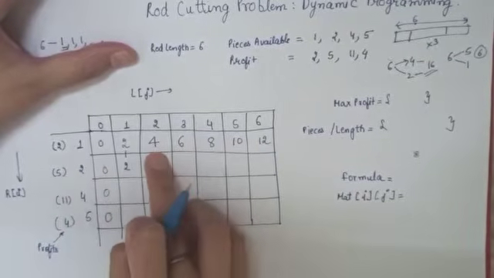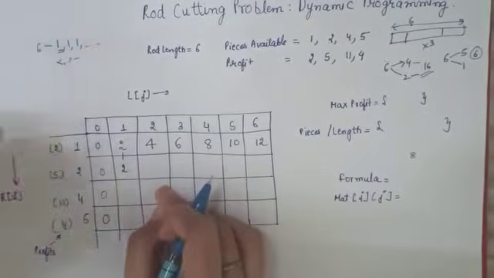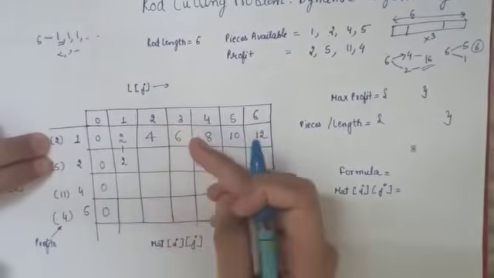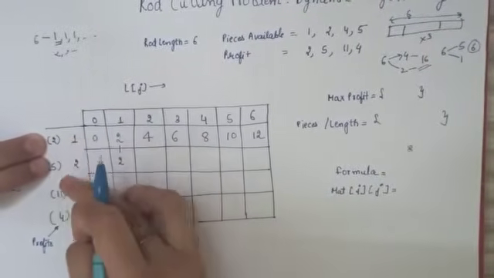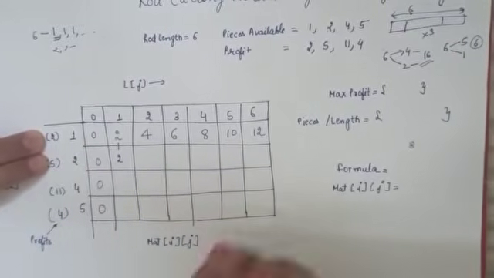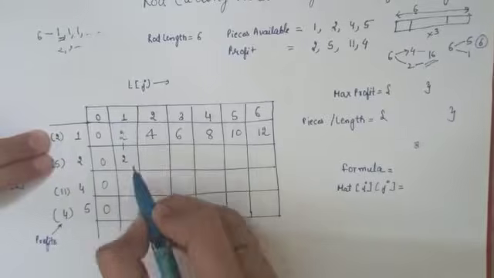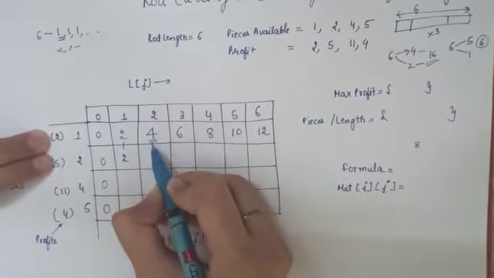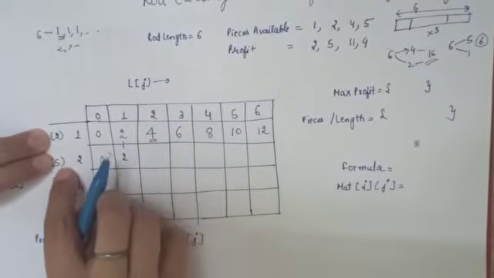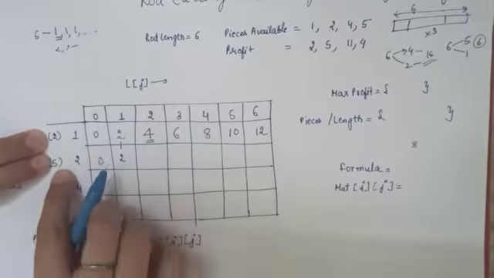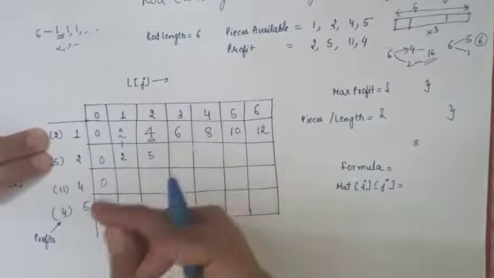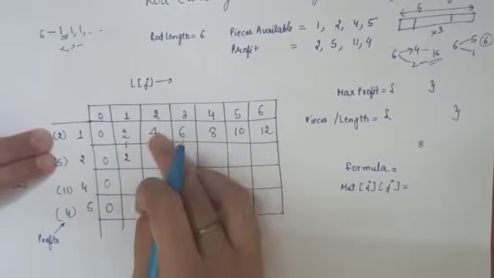Or we can divide it, we don't include this, because at this point we have a rod of length 2 and we can divide it into 2 pieces with the help of pieces of length 1 and 2. So what we have to do is either take this element or exclude this element. So either we take this value 4, or we do 2 minus 2, that is 0, so value 0 plus 5, so the total value is 5. What is the maximum, 4 or 5? The maximum will be 5. So it is basically either you include it or exclude it. If you exclude it, just take the value from above.